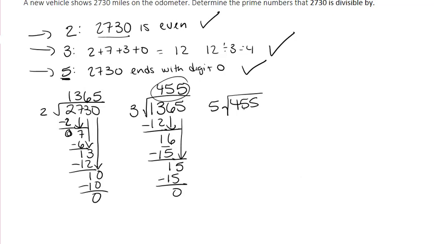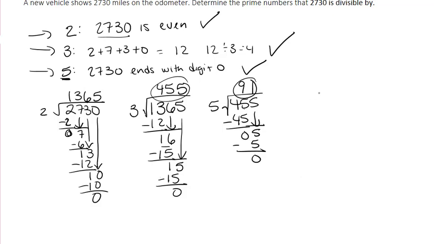So now 5 can go into 45 9 times. 5 times 9 is 45. Subtract, we get 0. Bring down the 5. 5 can go into 5 1 time. So 5 times 1 is 5. Subtract, we get 0. So now we have